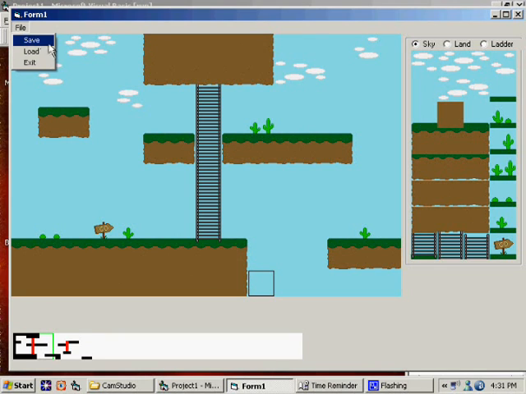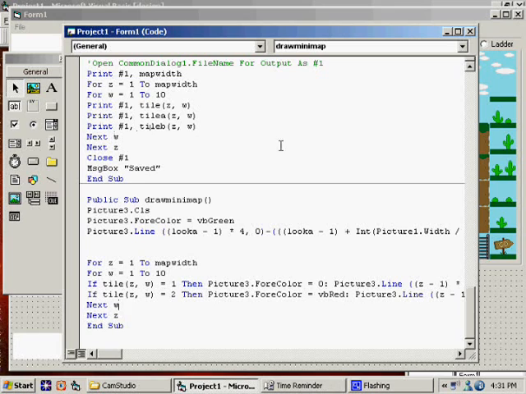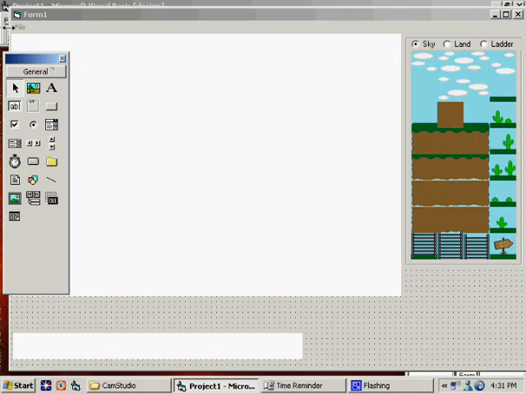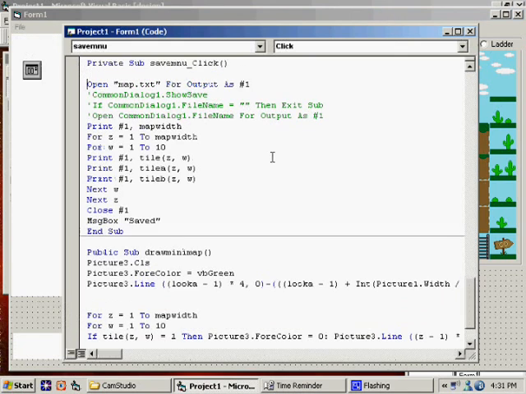And it'd be very easy to accidentally hit one of these. Like when the map is blank, if you accidentally hit save, you just lost your map. So I'm going to add in some extra code to those because they kind of scare me. So we'll go to save, and we're going to say